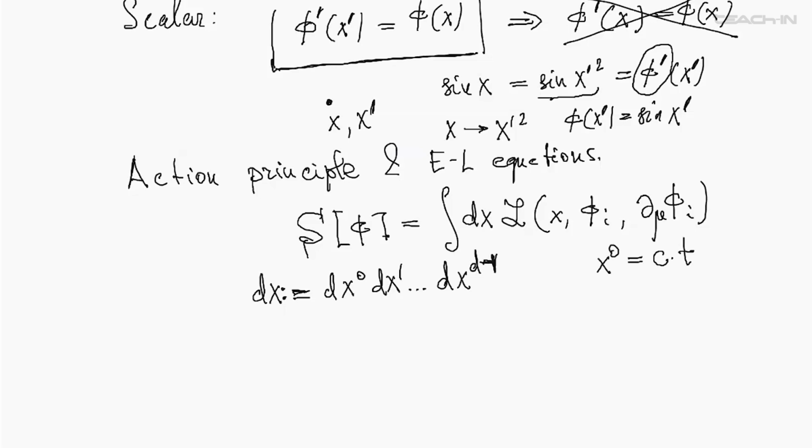So action is an integral over d-dimensional space-time coordinates of the Lagrangian density, which is considered in general to be a function of x, fields phi I, and their first derivatives. And this is a most general theory. In a sense, you may ask yourself why I'm considering here only first derivatives. And this is because I want